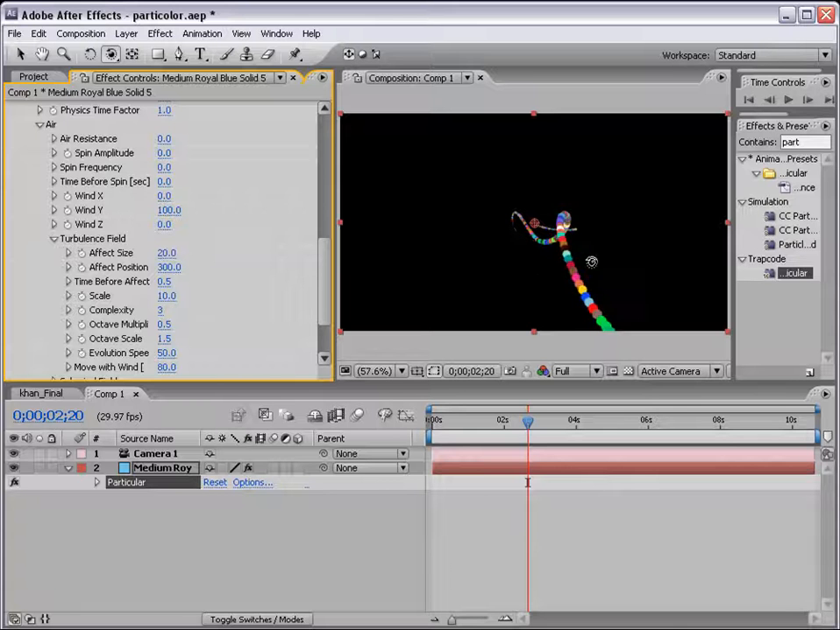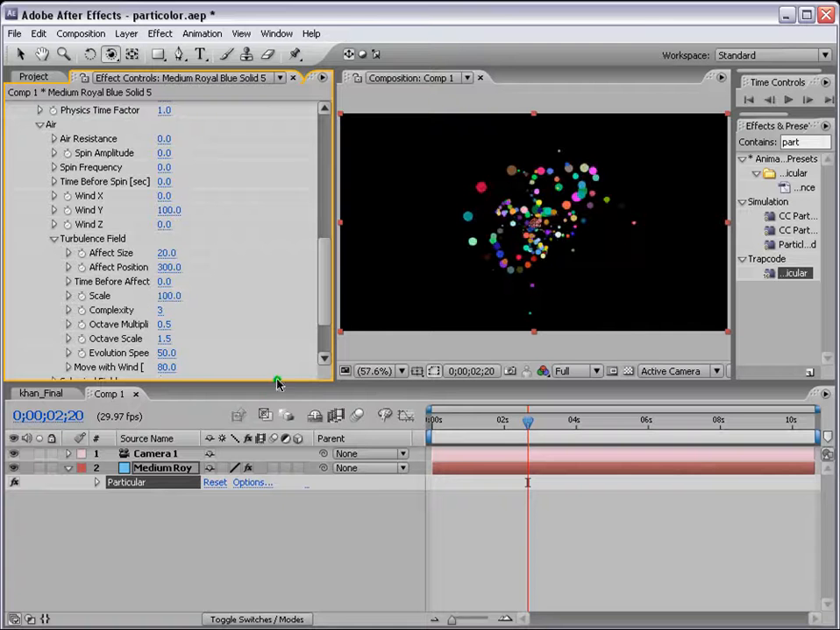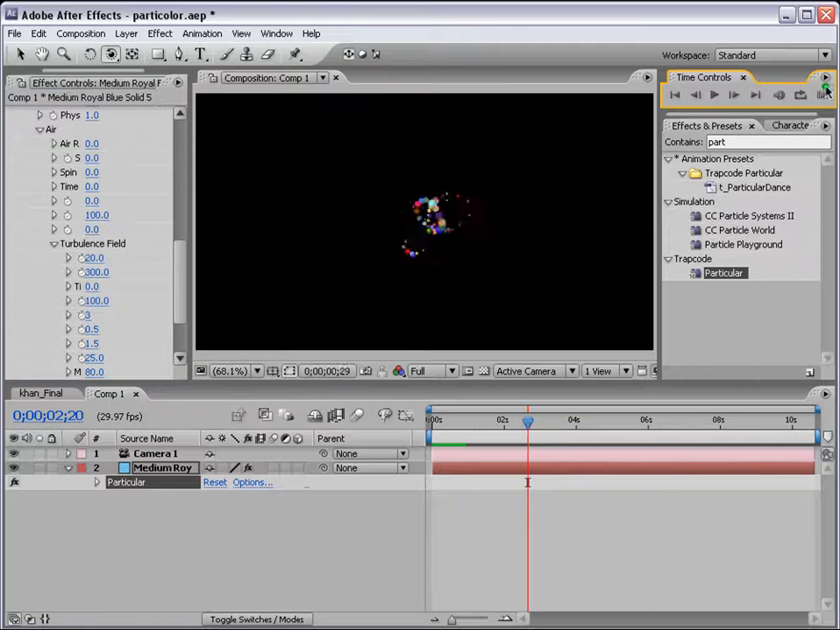Effect size, actually, makes some particles bigger and some smaller, so it affects the size. And time before effect, we don't want that, so turn that to 0. And this is another important thing, scale. That'll change the whole shape of the particles. So we'll change it to around 100, as you can see, and evolution to 25. Now if you render, you'll see that